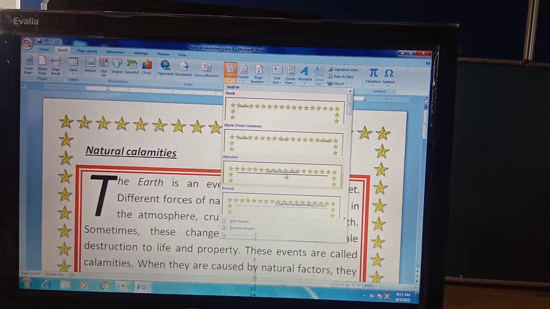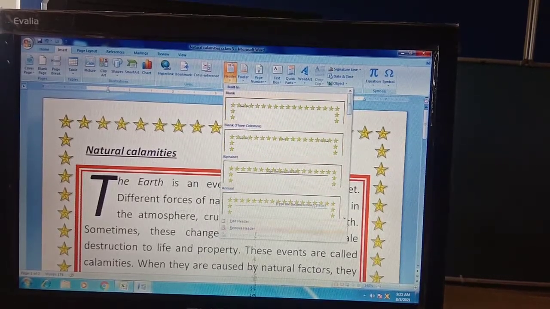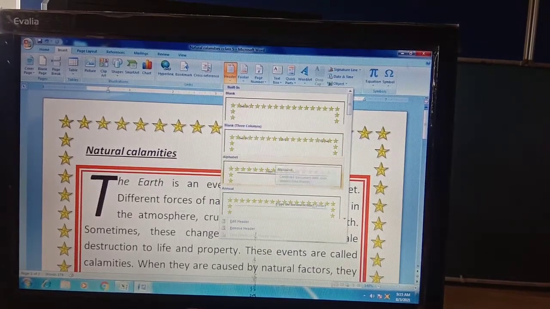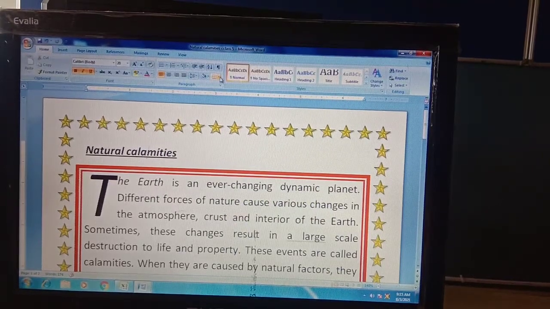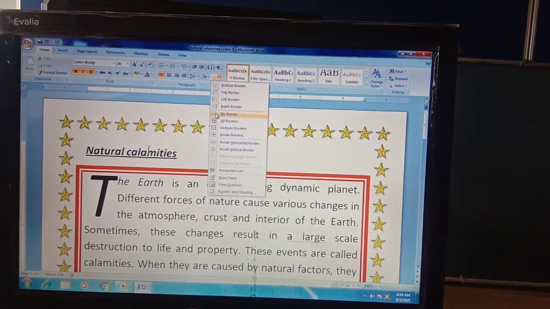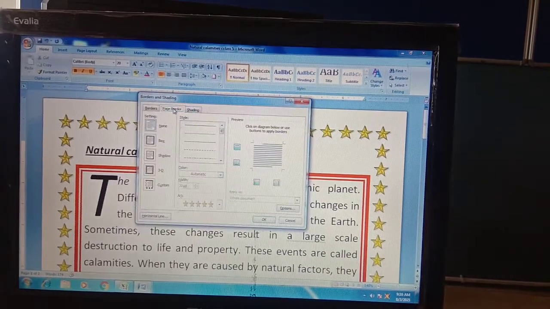Where you want to write and how you want to type a header is also a big deal. First of all I am making this without border. Wait a minute. Go to the page border and I want to select none.